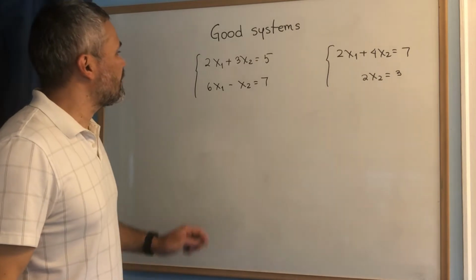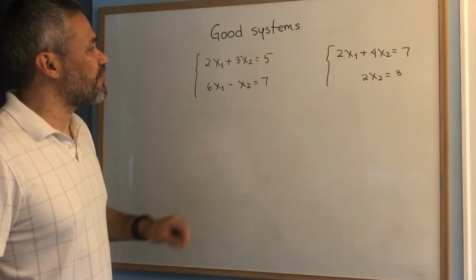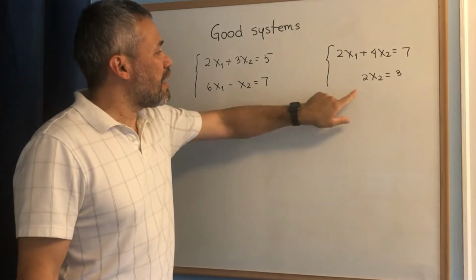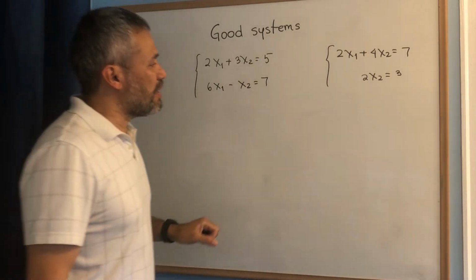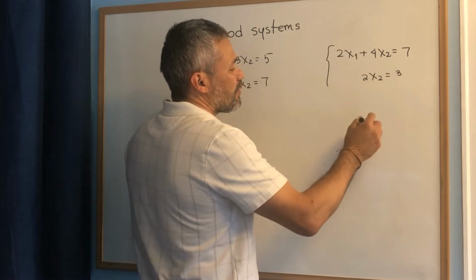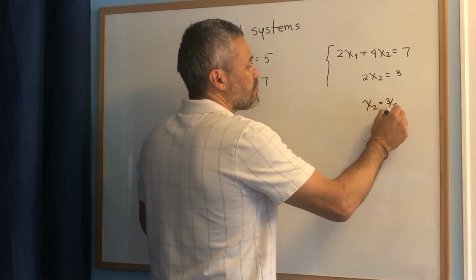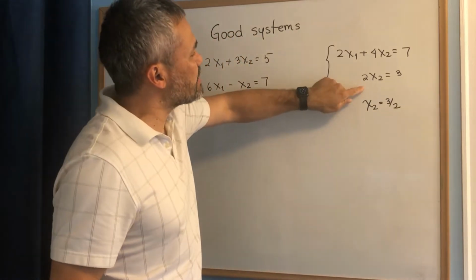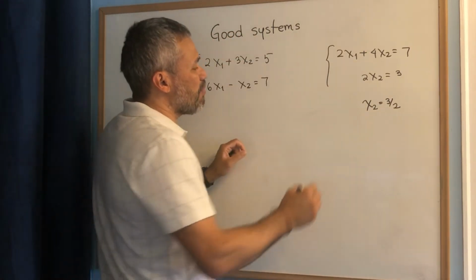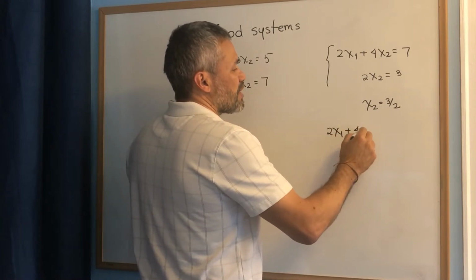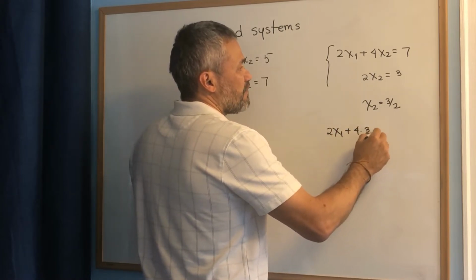It is clear that there are systems that are easier to solve than others. For example, if I have to solve this system and this system, I prefer to solve this system. And the reason is that from the last equation, I can solve for x2. I can say x2 equal to 3/2. And then I can replace this information in the equation above, and then I get 2x1 plus 4 times 3/2